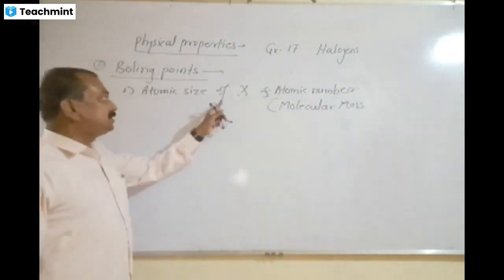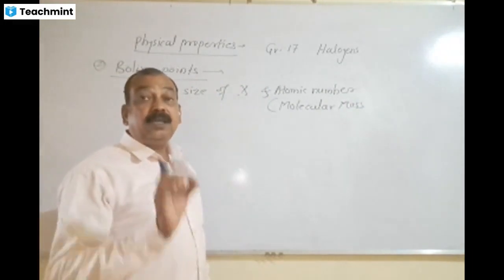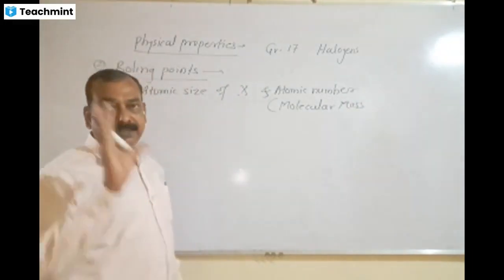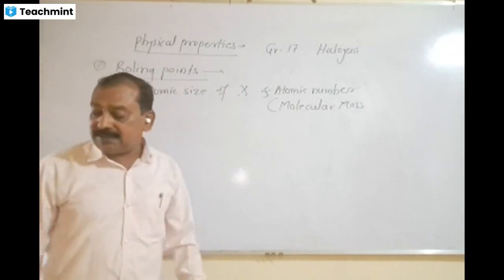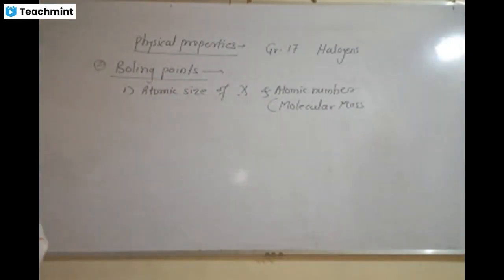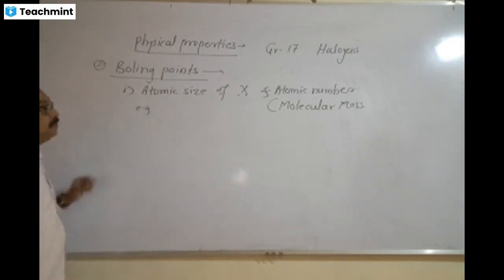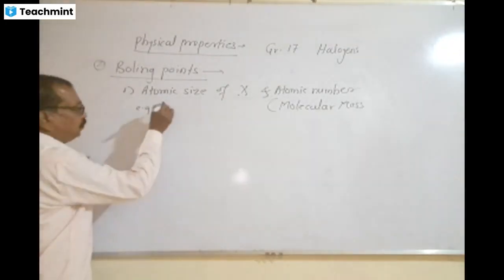As atomic size and atomic number of halogen atom goes on increasing, boiling point also goes on increasing. Atomic number increase झाला की boiling point हा increase होतो का? For example, consider the first compound,